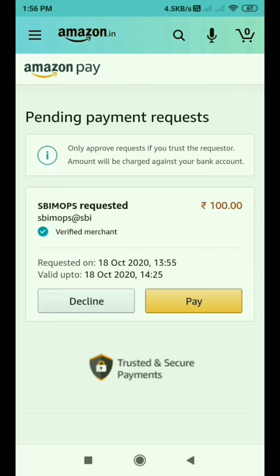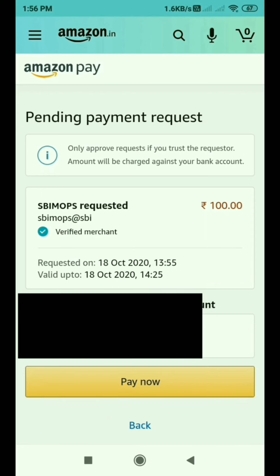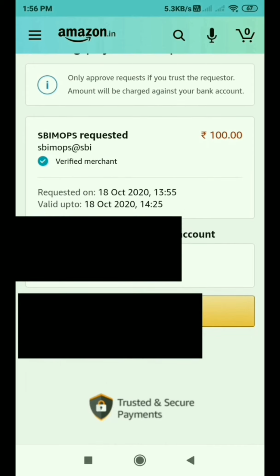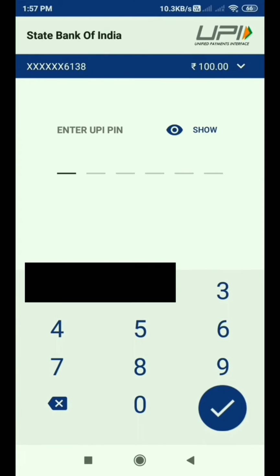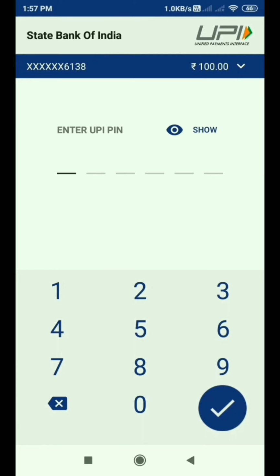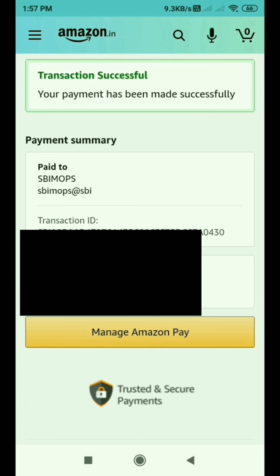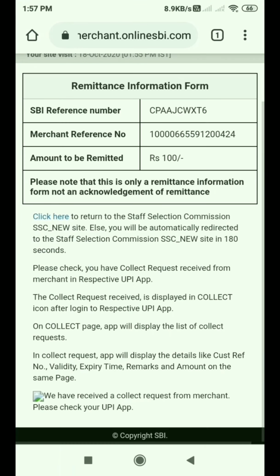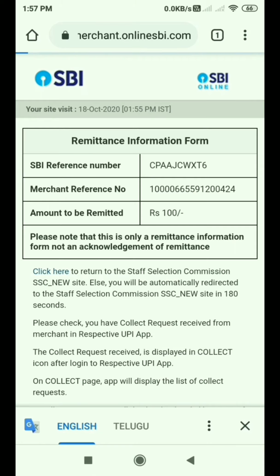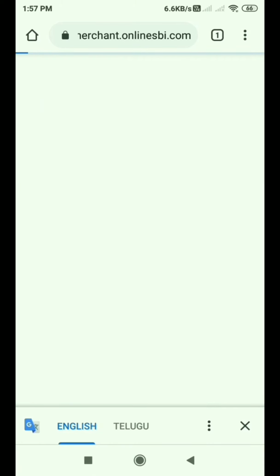Yes, I got it, and now I click to pay the fee. Yes, I am clicking pay here. After that it shows pay now again. Yes, click pay now, and enter your UPI ID to complete your transaction. I don't show my UPI ID, so I leave it, and after that I show. Yes, my transaction is successfully complete. You are also seeing my transaction is successfully complete. And go to the SSC JE section, and I click on what they show in blue color. I click there. After that I go to the next page, the official page of SSC. Yes, I am going. After that it logs out automatically.